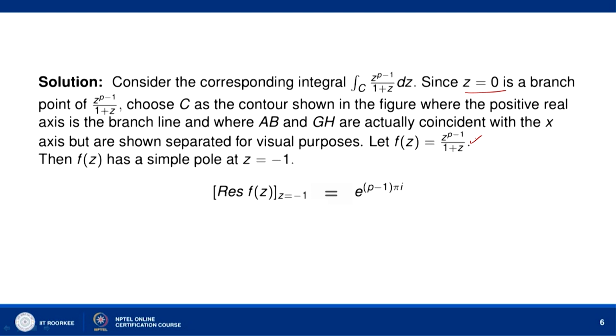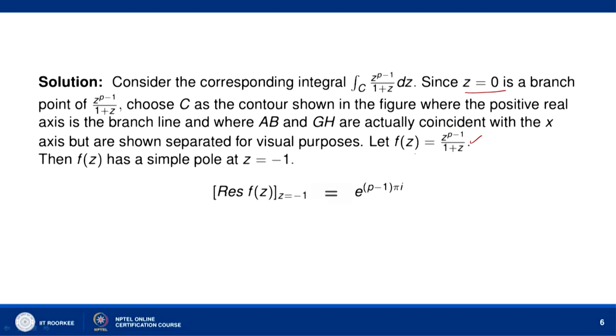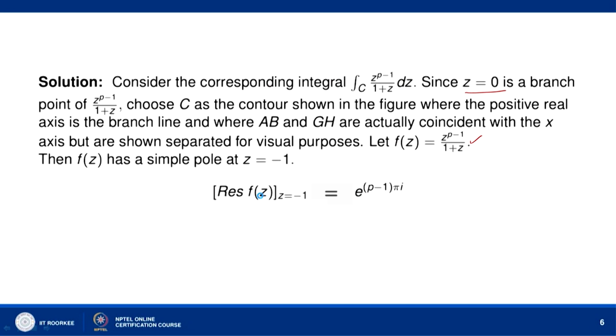Now, let us consider f of z equal to z to the power p minus 1 over 1 plus z. Then f of z has a simple pole at z equal to minus 1. The branch point at z equal to 0 we have removed by taking this small circle. So, f of z has only one singularity, which is a simple pole at z equal to minus 1. Now, the residue of f of z at z equal to minus 1 is then,